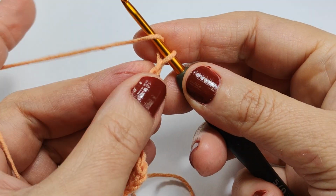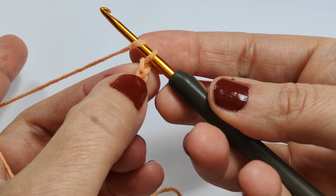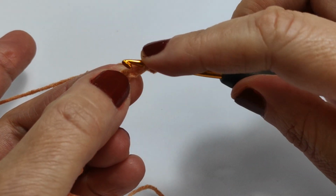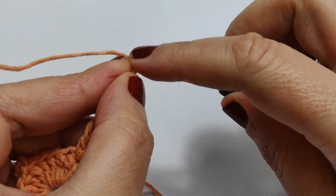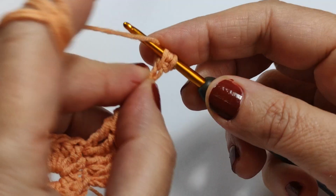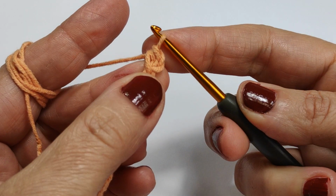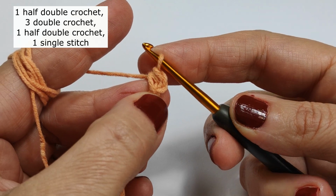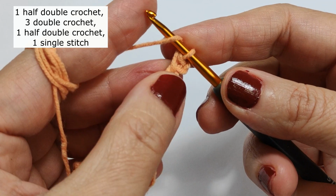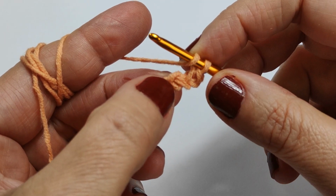I am making yarn over. I am leaving this first chain, going to the following, and making a half double crochet in there. Yarn over, pull through, yarn over again. I am pulling all of them through together. I made a half double crochet. Yarn over. I am going to the next chain and making a